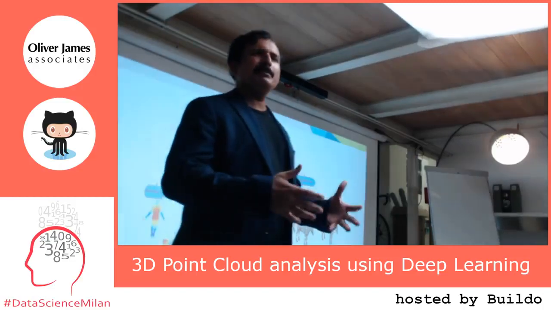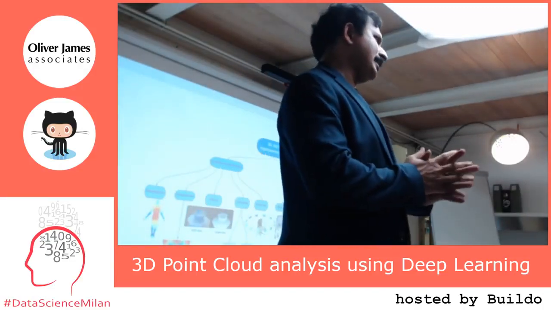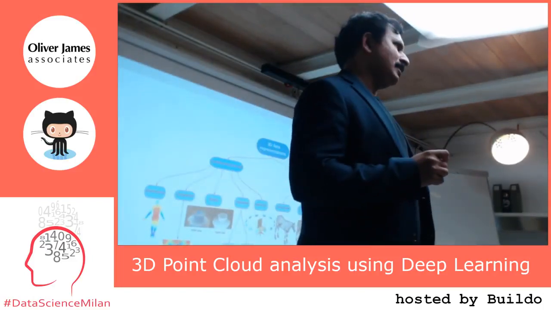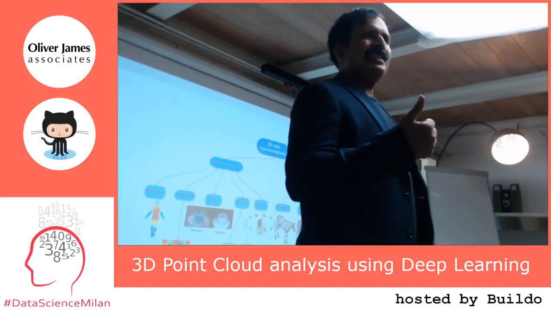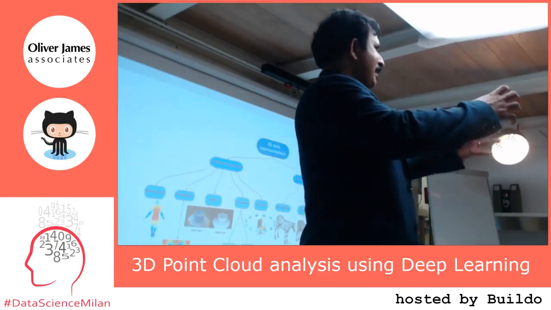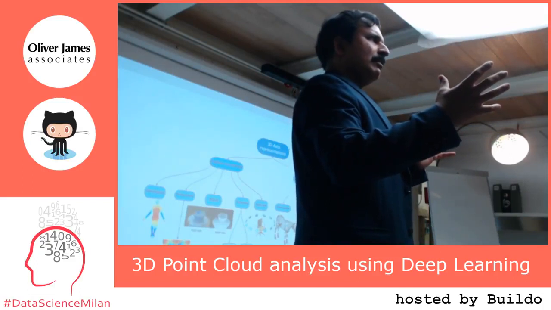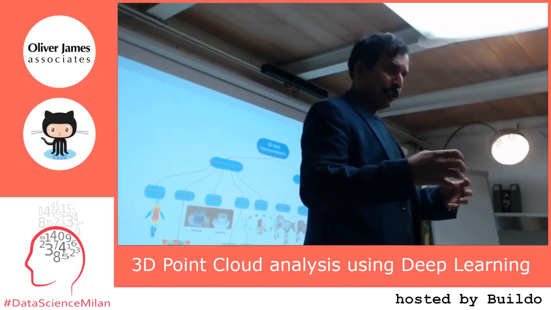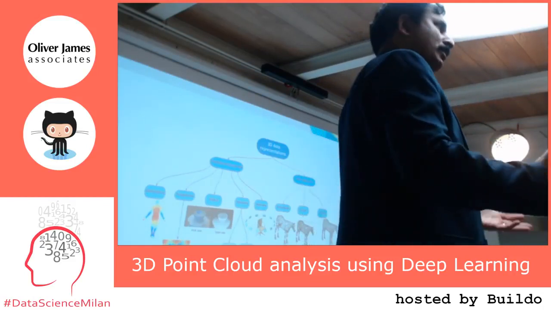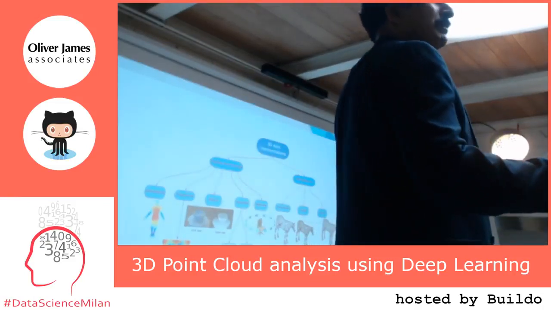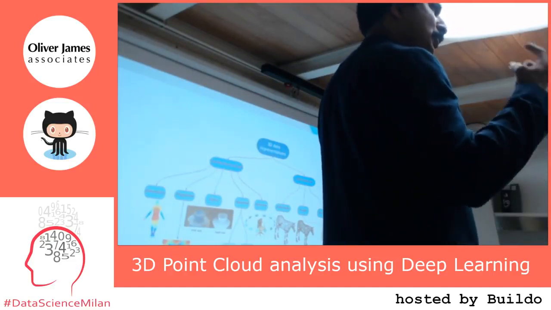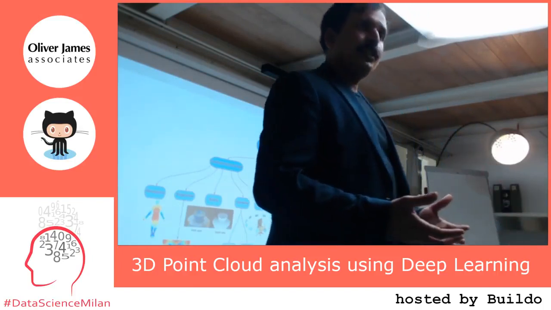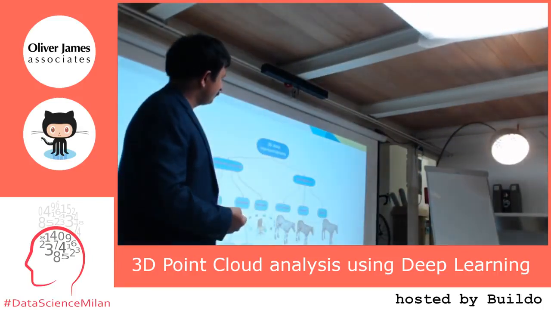Before I start explaining some of the solutions available in the current day world, many times, many companies have the following use cases. One is semantic segmentation. For example, if you have an image of this room, where are the chairs, where are the people, where are the walls, where are the ceilings? This is typically the model that people want to figure out. So you can do a semantic segmentation. Or if you have just one single image, for example, if you take an image of a chair, you want the object to be identified, what class it belongs to.